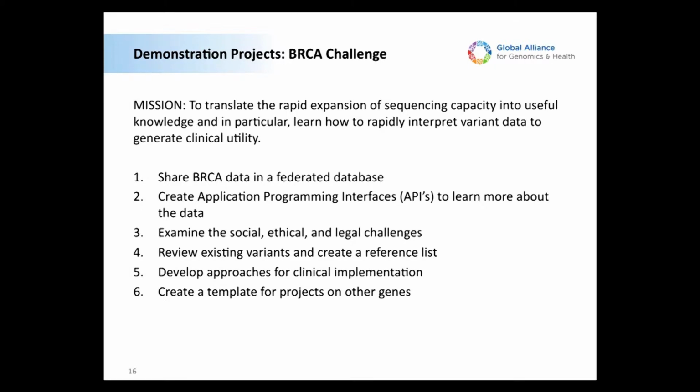The BRCA challenge, the BRCA, as you know, the BRCA cancer gene, is going to create, or will attempt to create, an international federated database of all the breast cancer data that we already have, and to make it open, accessible, protected, but accessible, and a controlled access, and parts of it open. And in that way, I'll set up a database that is just as high in quality as some of them that are now available in the private sector. Hopefully, this will serve as a template for other projects who wish to do this for other diseases.